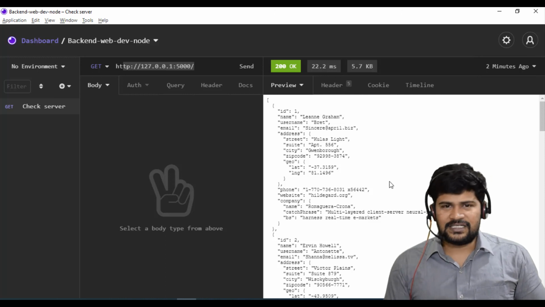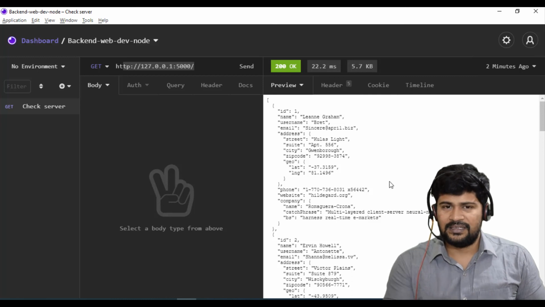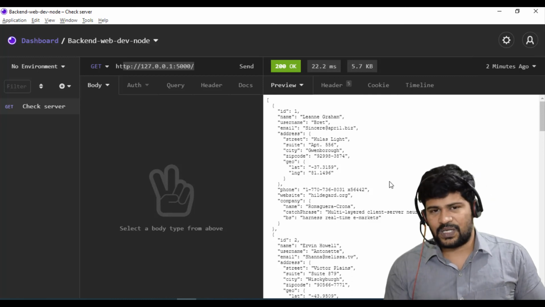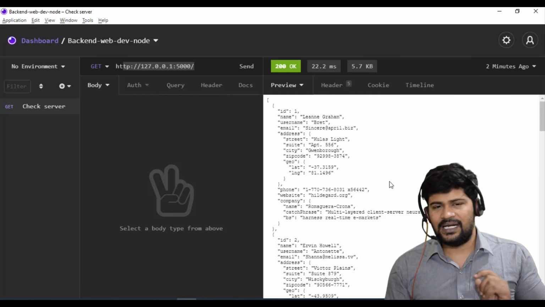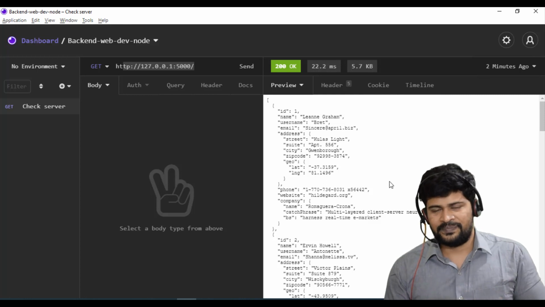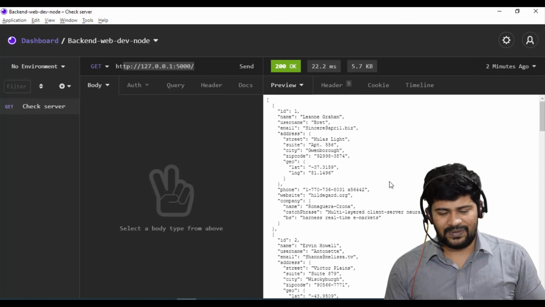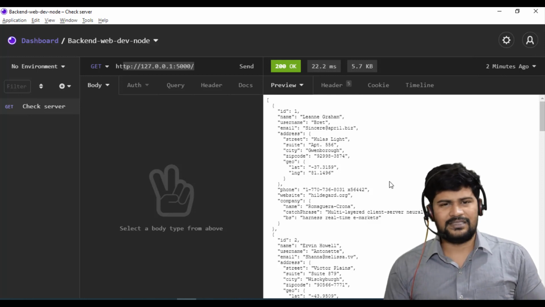Going forward, we'll see how to generate this type of JSON by yourself, by getting the client's request. Hardly 99.99% of the time we only send this type of JSON response from the server. This will be picked up by the client like Angular or React, and they will display it however they want. Fine, that's all for the FS module, and let's meet in the next video for another module.